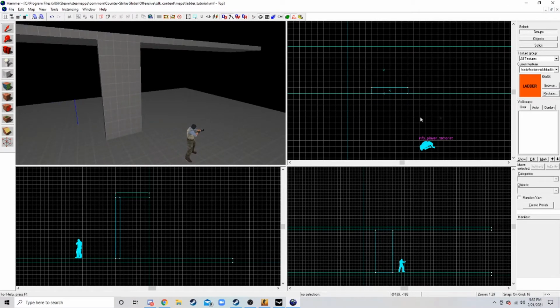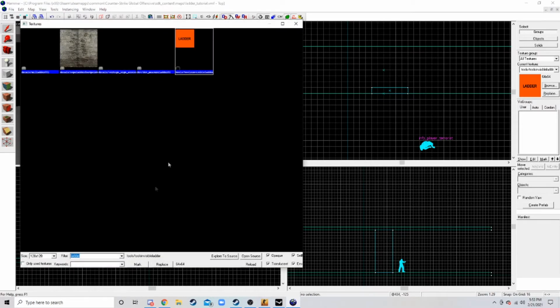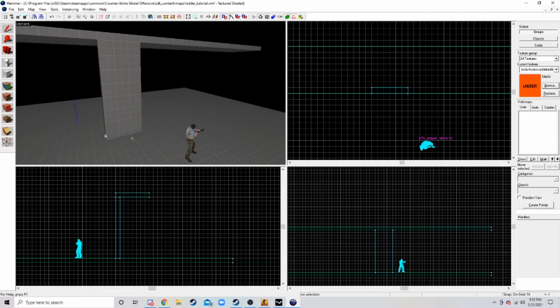The first thing that you're going to want to do is go to Browse on this right hand side, and filter for ladder. What this will do is bring up a couple of options. You want to click this option that has a little corner of a ladder right here. Name should be Tools Invisible Ladder. Once you have that selected,